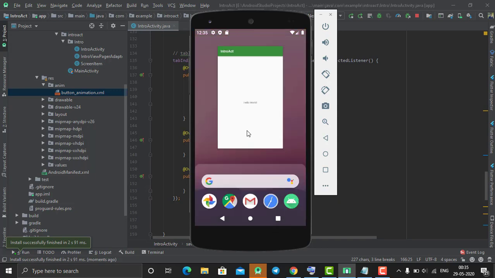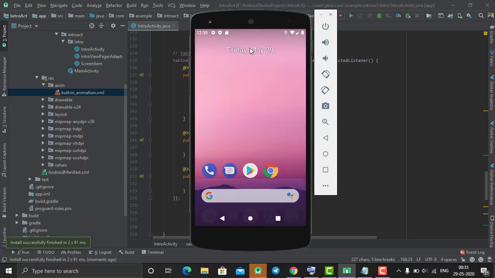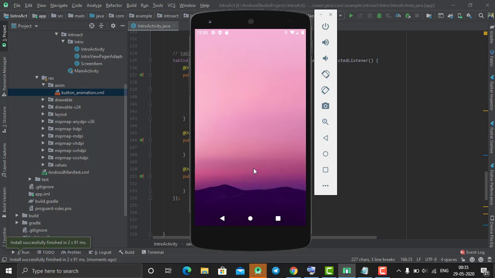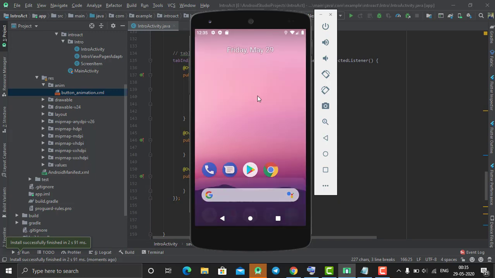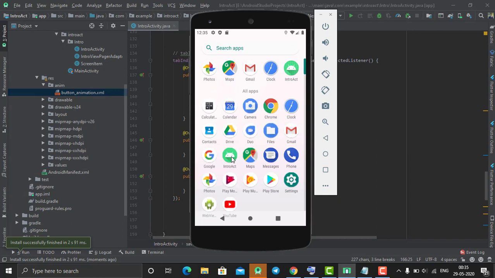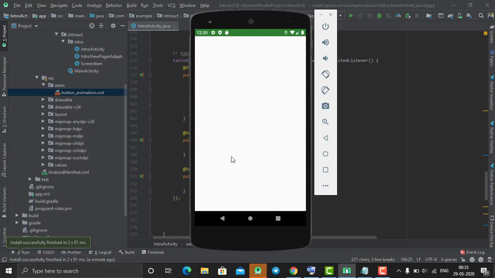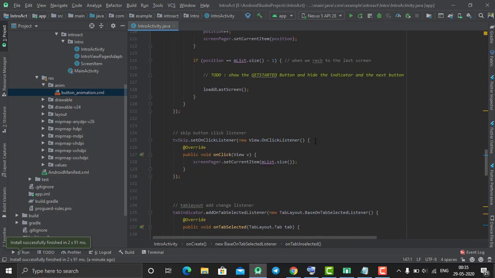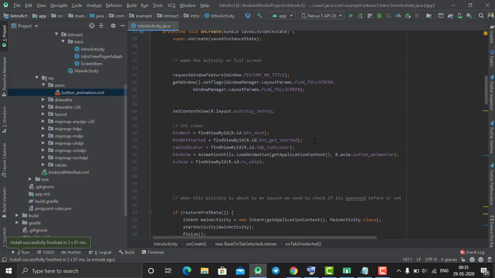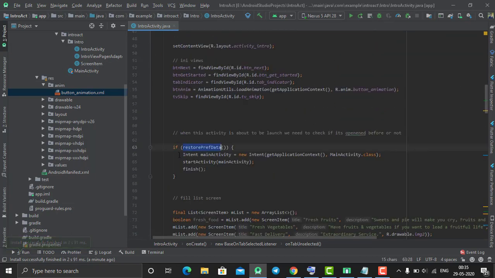And now if I close it and visit my application again, let's open my application, and it will directly navigate to my main activity, right? Because it checks whether my shared preference contains the value, and if it does, it returns true here, and it is directly navigated to my main activity.